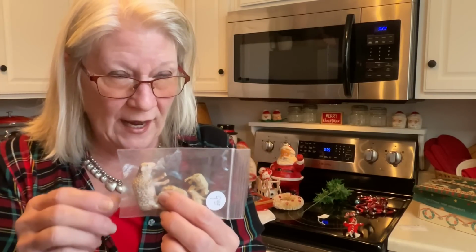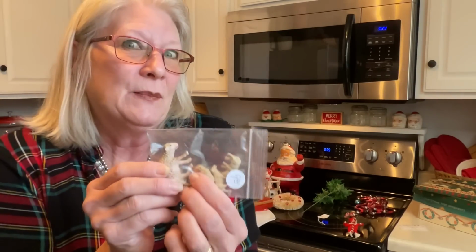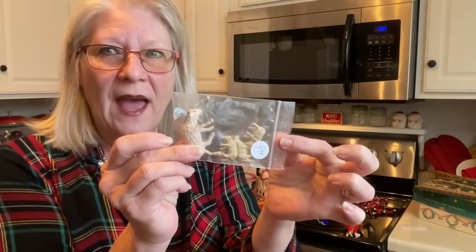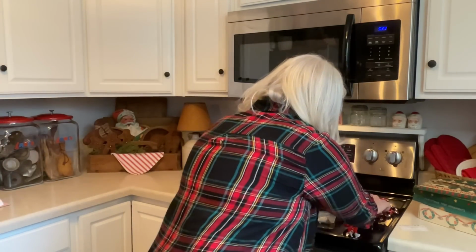It's a German name for houses, so if you know, leave it in the comments below. So I'm going to add that to my little village. And I also found one of these little ones. This will go perfect in the little trees in the hall. And this was